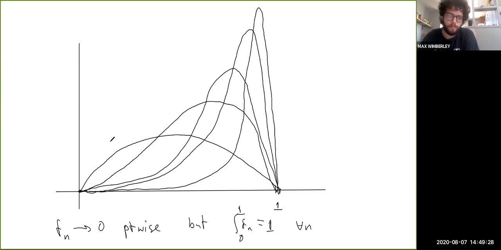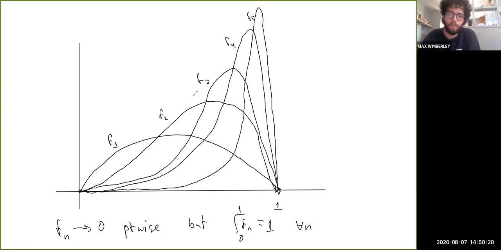Okay, so here you can see, let's say this is F1, F2, F3, F4, F5, and so on, right? It's not too hard to write down a formula for a sequence of functions that looks almost exactly like this. And you can arrange for the integrals of each function to be 1, right? But actually, these functions end up converging to 0 pointwise on this interval, because even though the peak of the function is getting taller and taller, if you fix your attention on any point, eventually that peak gets further to the right of that point, and then eventually the value of f at the point you're looking at will approach 0. Okay, so Fn actually goes to 0 pointwise,